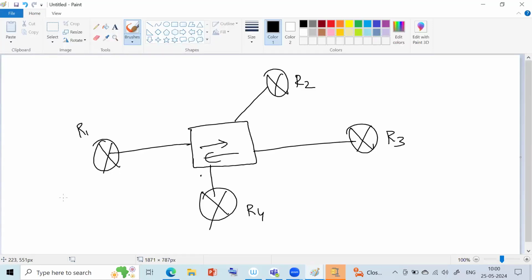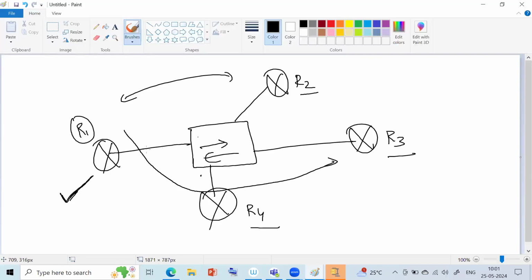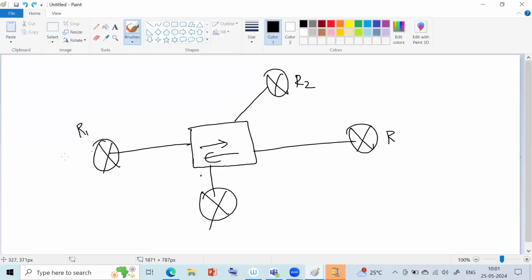Simple. This is a high-end router which can handle more traffic. Then do this as a designated router. You may not, so it will actually save your expenses. How? I can take this as a low end router or a medium range router, this as a medium range router, this as a medium range router, but this is a high end router. Why high end router? Because it has to handle all the traffic and also have to give back information to many others, right? That is why I'm choosing this one as a